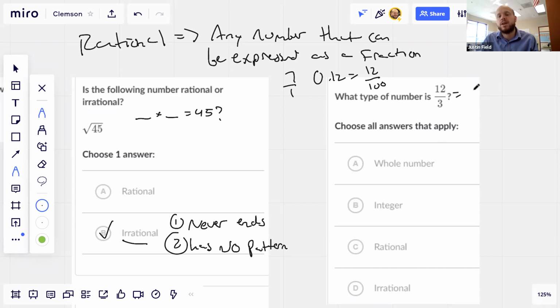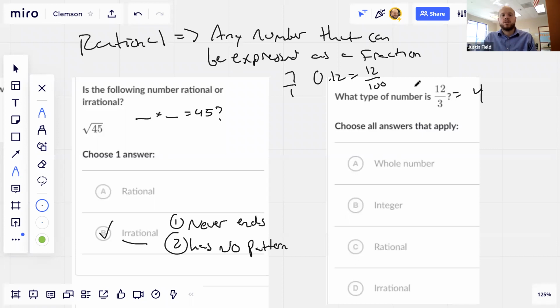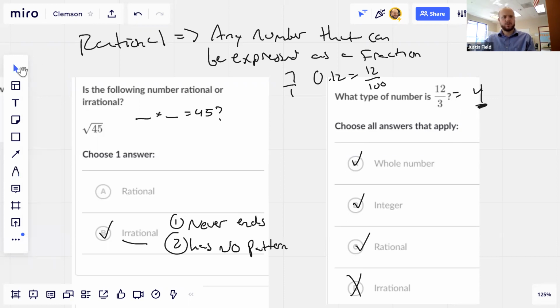12 divided by 3 is 4. And so not every number is exactly like it seems. Oh, so this is a different assignment called classify numbers. And so simplify if you can. So this is 4. And what is 4? 4 is a whole number. 4 is an integer. 4 is rational because it can be written as a fraction, and it's not irrational. I kind of jumped ahead a little bit there, but